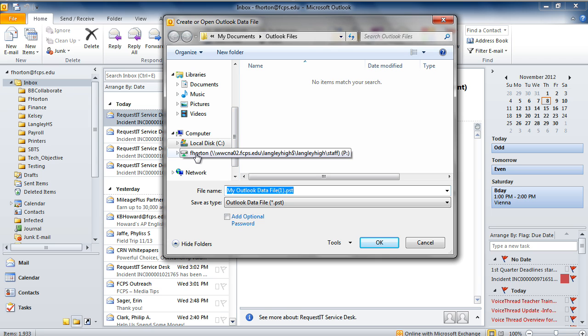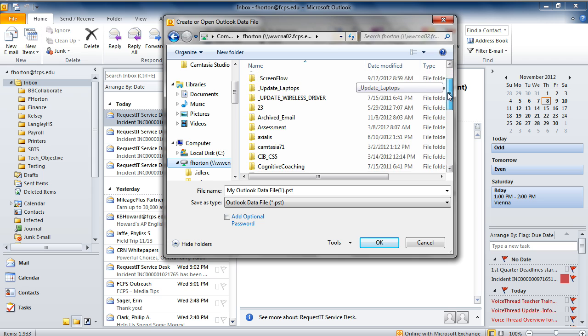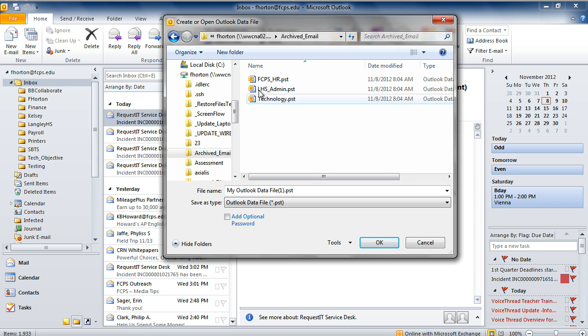So what I would suggest is that you save these on your server folder, your P drive or your H drive, whatever yours is mapped to. So I'll just open up my server folder, and then what I do is create a folder. I just call it archived email. You could call it whatever you want, but inside this folder I have these different email lists, and those were the lists that you saw